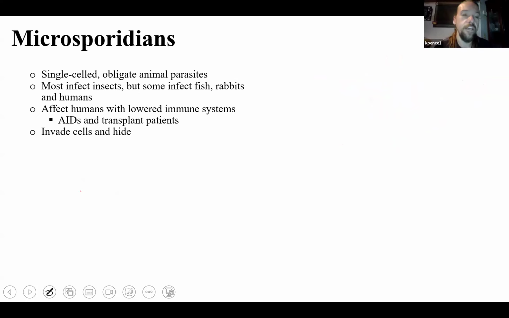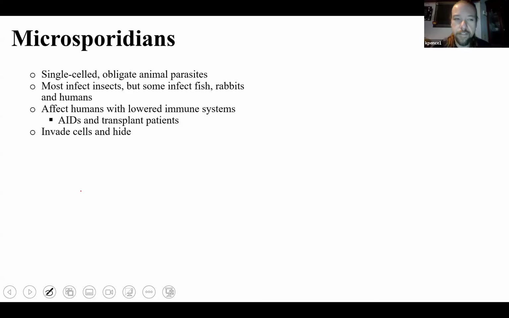So this first fungal group we'll talk about are microsporidians. These are very rare in humans. A microsporidian is going to be a very small fungus, and they actually live inside of cells. So they have hypha. They still do the secretion and then digestion method that way, but they feed off the inside of cells instead of the outside of a cell. Most of these are going to be insect infectors or small mammal infectors.